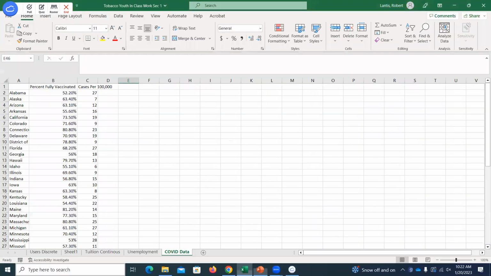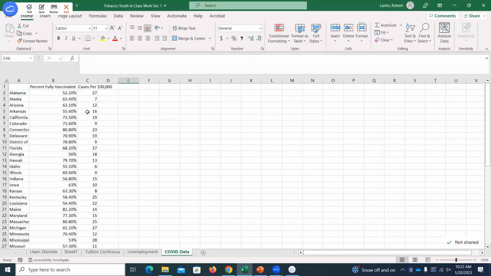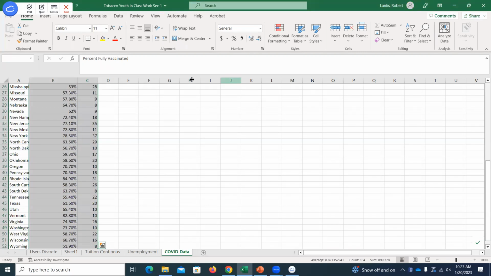If we go to Excel, how would I actually create that graph? So I've got the COVID data worksheet down here. I think before we were over here. So I'll select that worksheet. All I'm going to do to create that is select my two variables, hold Control Shift or Command on a Mac, and hit the down arrow, right?